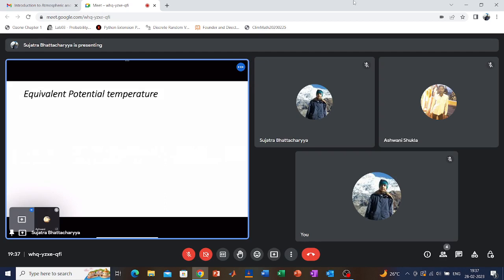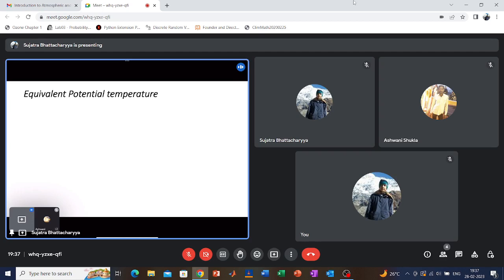Okay. So, equivalent potential temperature. We have seen what potential temperature is. That 1000 hectopascal level is the reference point. For any pressure level where a parcel is present, if you bring or compress it back to 1000 hectopascals, what is the temperature? That's all. But equivalent potential temperature